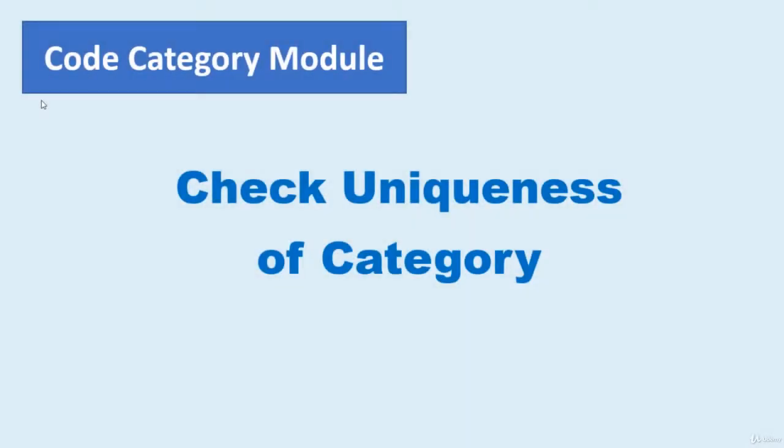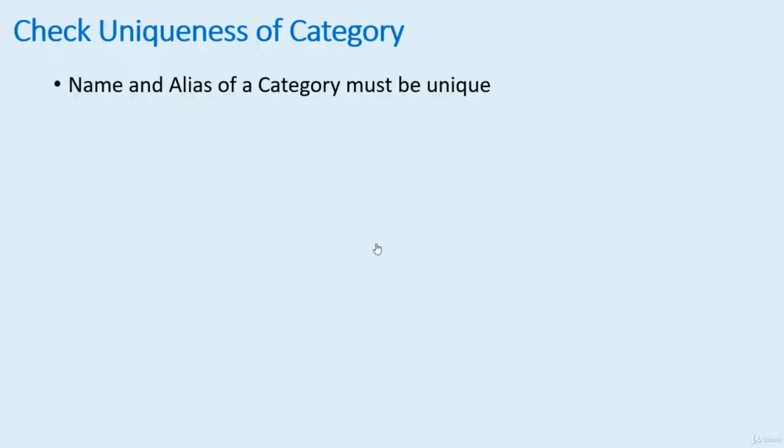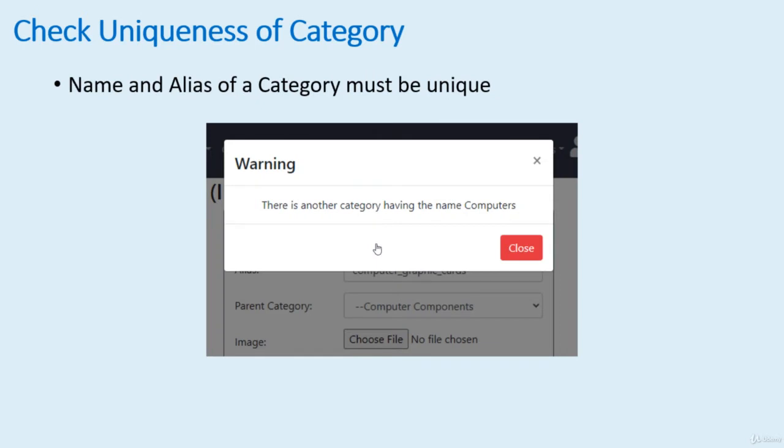Welcome to the lecture, Check Uniqueness of Category in the Category Management Module. As per the requirement, the name and alias of a category must be unique, meaning that there are no two categories having the same name or alias. So we need to update our application to show a relevant warning message when creating a new category or updating an